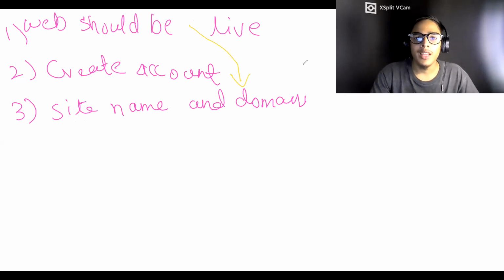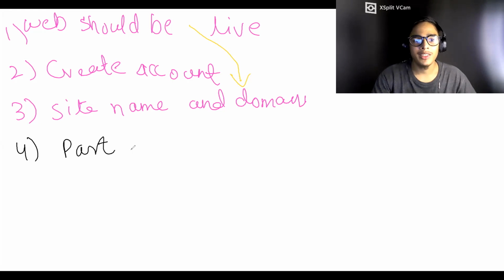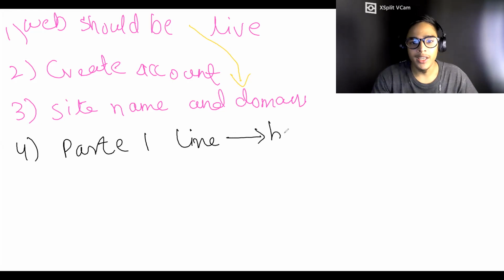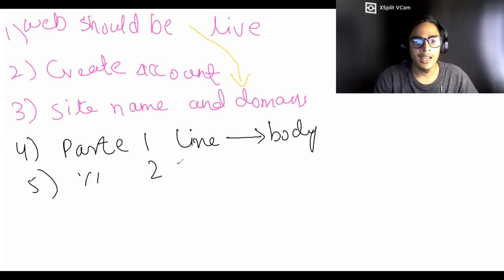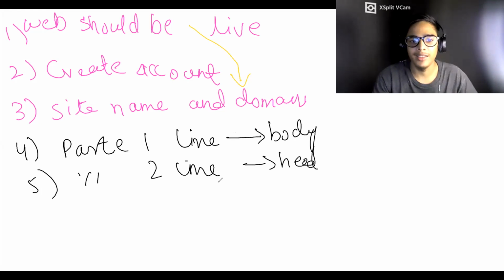Okay, then you have to do step 4, the main step. You have to paste the first line from Pageclip in the body. Step 5, the second line in the head. That's it.